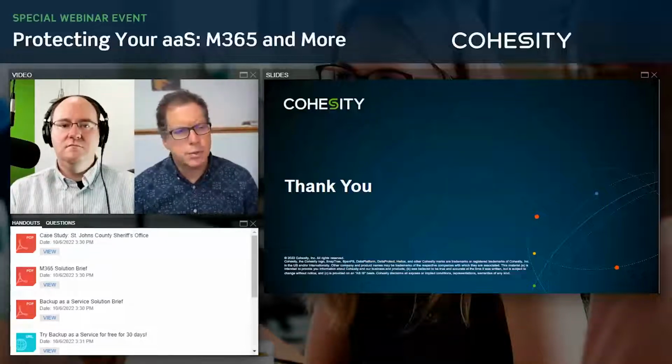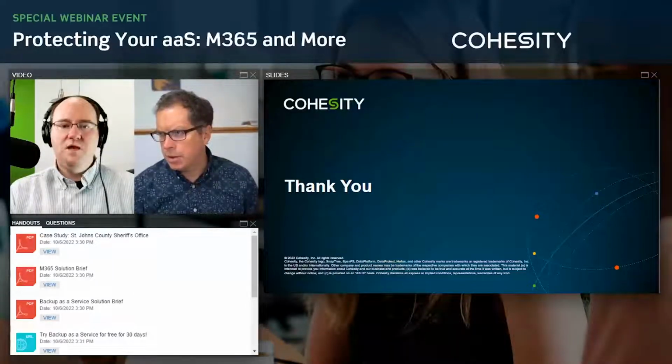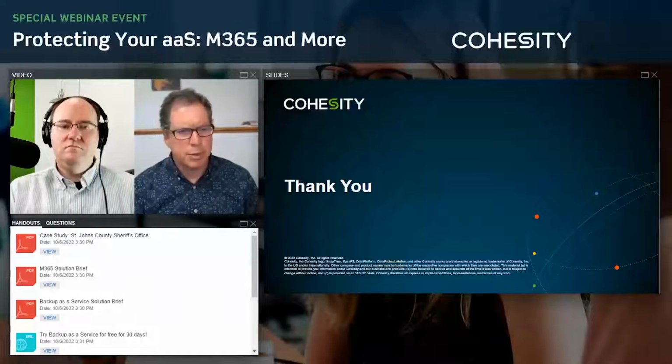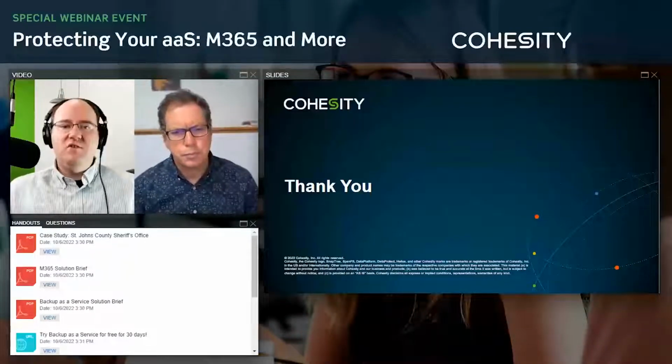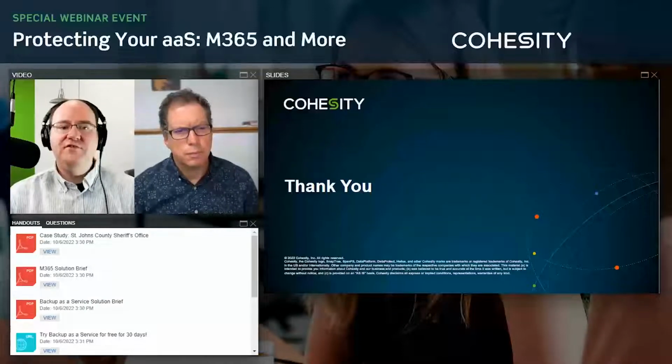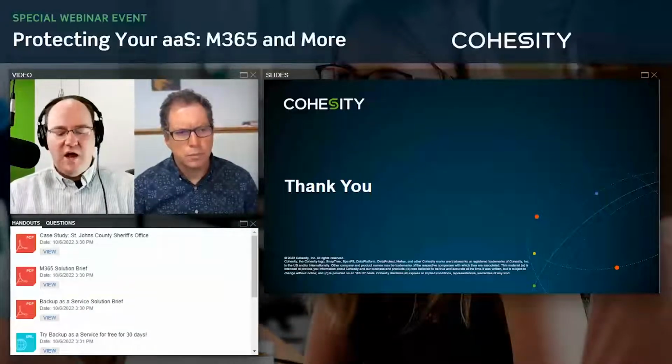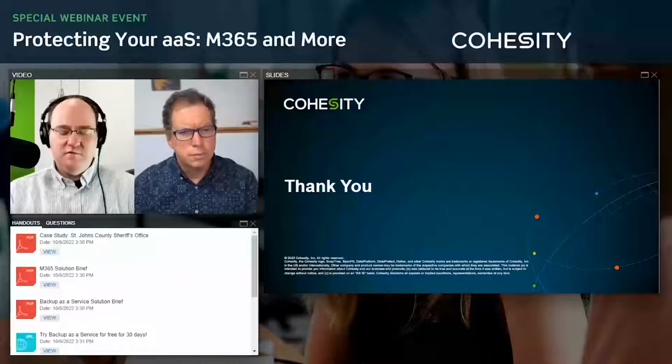Okay, super. So there's a trial in the resources there. And the question about that is, does that trial allow you to try other workloads in addition to Microsoft 365? Yes. It allows you to basically utilize the whole system as is. So you can get into protecting AWS workloads, as an example.